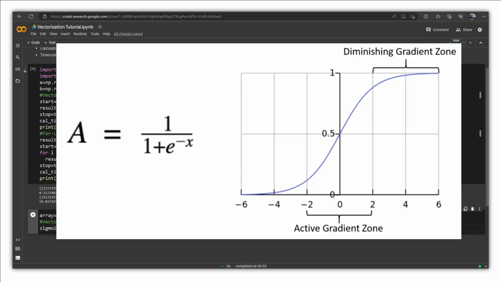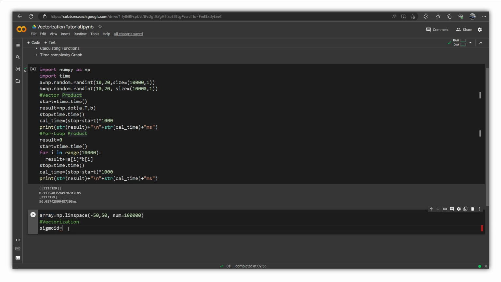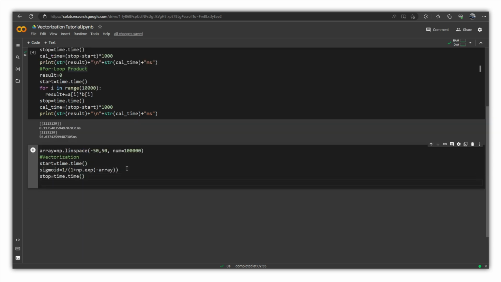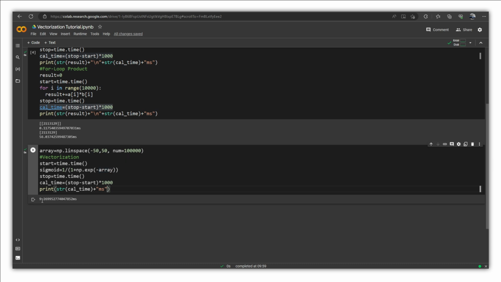And again, calculate sigmoid function using the vector operations, vectorization, sigmoid, and the formula of sigmoid is this, as you can see. And in this case, our x is going to be this array. So let's write this formula as it is. We are going to use the numpy exponent function, numpy.exp, and we need to pass our array with a negative sign. And again, let's start our timer and let's calculate the difference, and let's print calculate time variable. Let's run it. Okay, so it took around 9.2 milliseconds, and now let's do the same process using the for